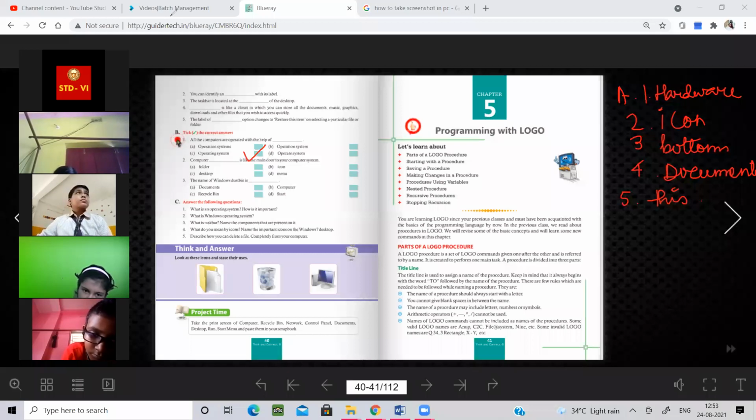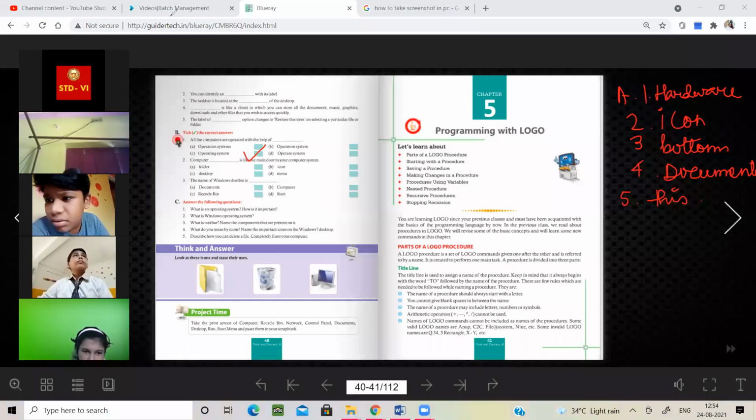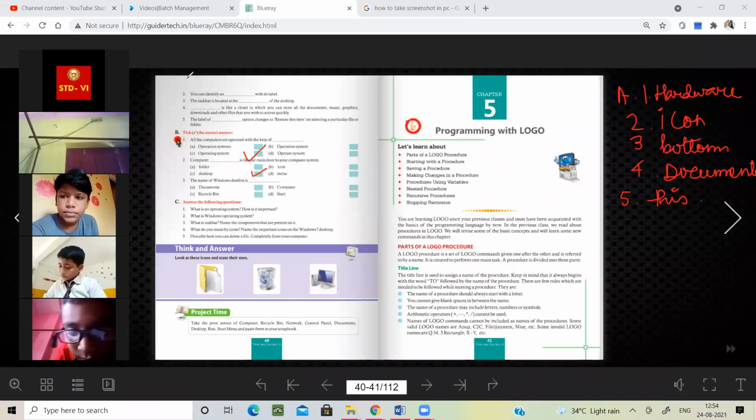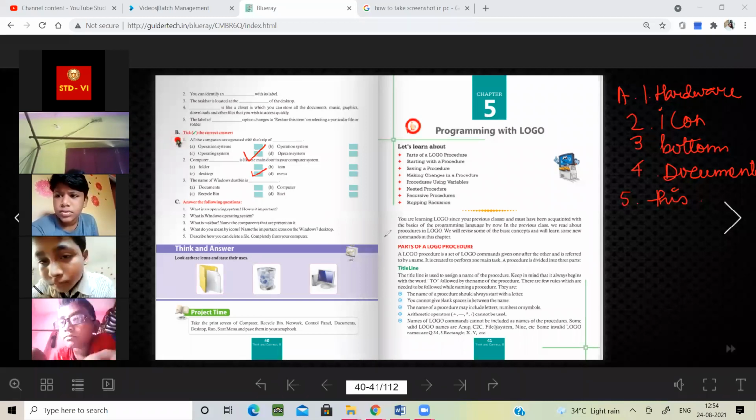Ma'am, what is right? The icon. Computer desktop is the main icon to your computer system. Ma'am, how will it be icon? Ma'am, what is the 5th answer?